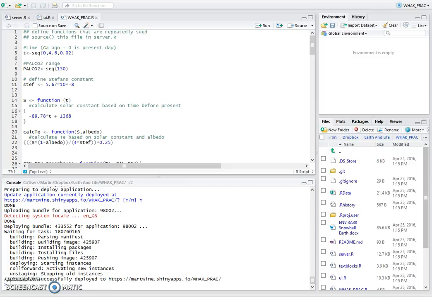The second screencast will run through some of the science and go through the answers that the students should find when they run through the exercise, but this first screencast is about the development and deployment of the interactive model